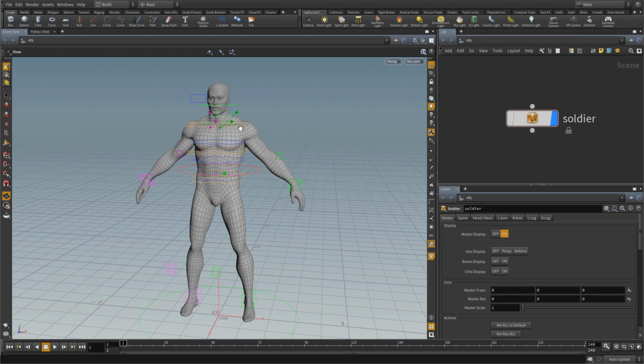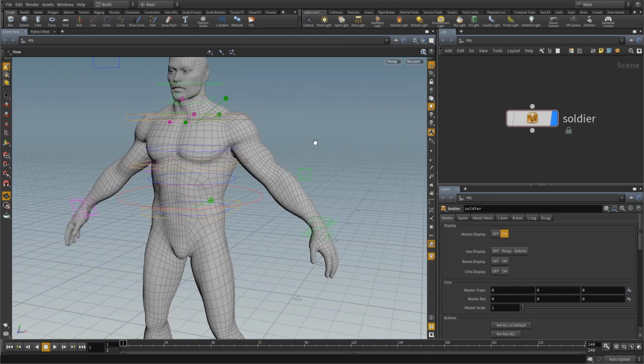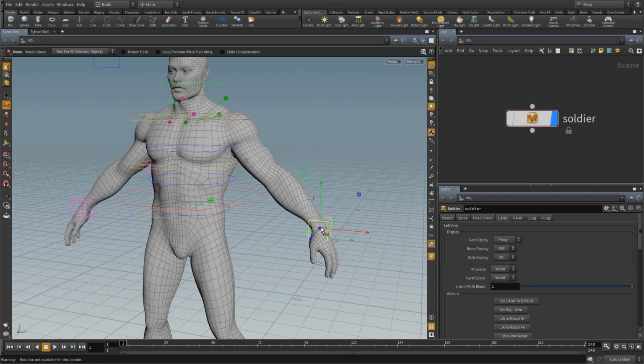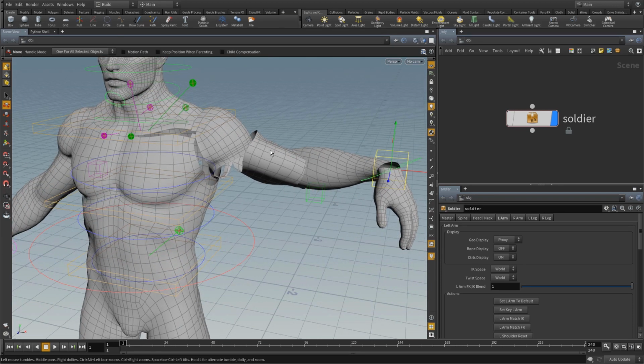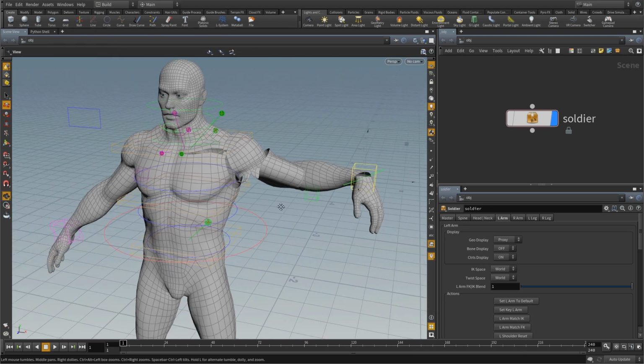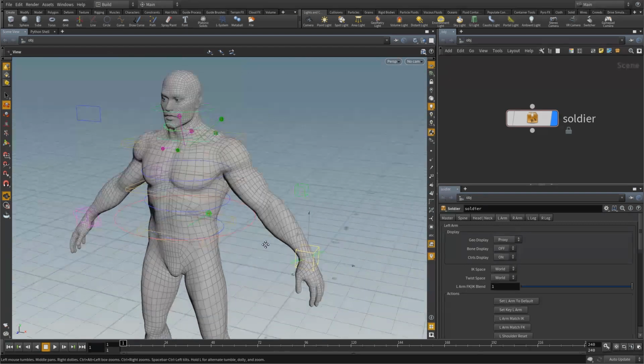He's got FK and IK for his arms and legs. He's got proxy geometry currently. And if I move his arm, you can see that it's just simple geometry. There's no deformation happening here. This is just parenting. And then some of the differences from the last series, you'll notice that I have new